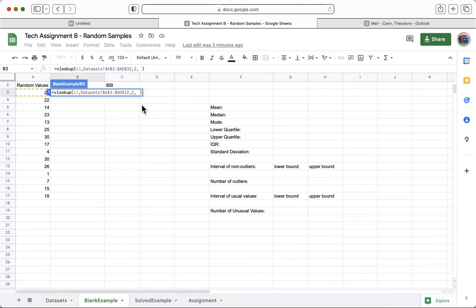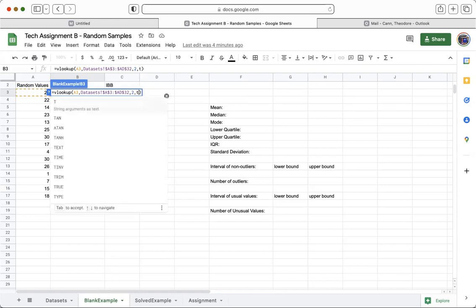And then the last thing I would put in is a Boolean. It's a true false. All it's really saying is, does it have to be an exact match? Yes or no. Is the number that you're looking for necessarily precisely the same as the number in the table or in the array? That could go either way depending on how you represent the data, but in this case, it won't matter. You could type in true or false, or 1 or 0, because 1 represents true and 0 represents false. But if I put true,